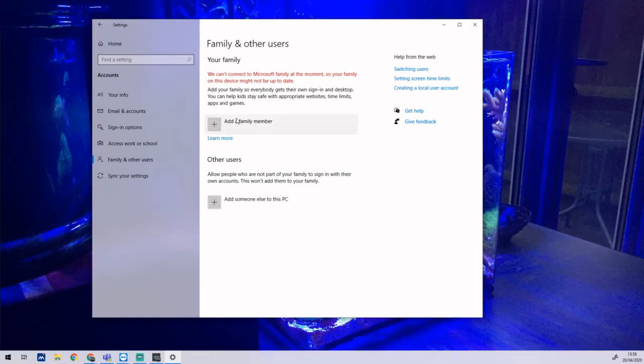Adding a family member kind of does the same thing, but it actually then gets you to create a Microsoft family. So you need a Microsoft account with that user. You then have to set them up as what relationship they are with you and the family, etc. So that's more of an in-depth way of doing a family member that links into a Microsoft account. But if you don't want that, you just want another user that can log on, you just need to go to add someone else to this PC, and then you can set up the new user's name there and their